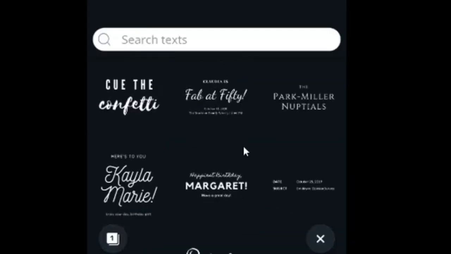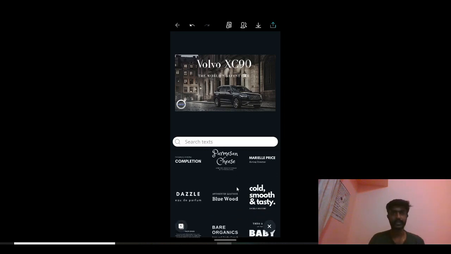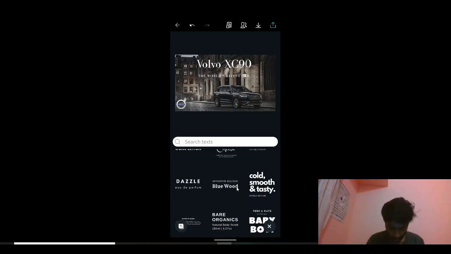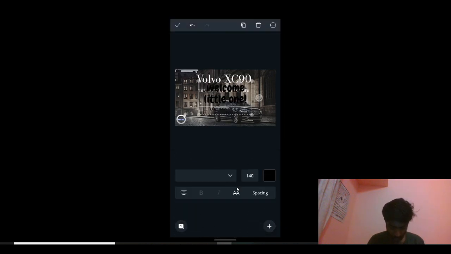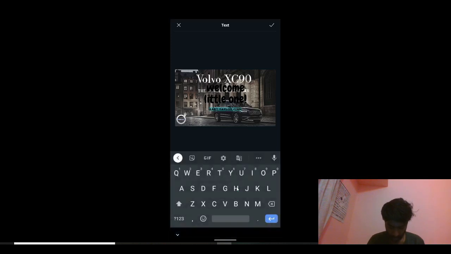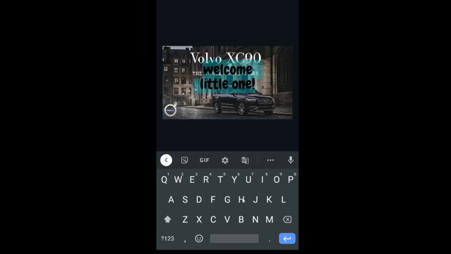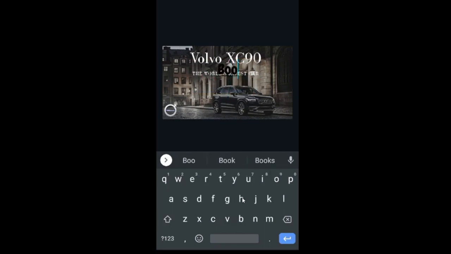For example, I would like to type in something like book yours today. So I'm going to choose something that is related and very much common. So I'm going to use this. I don't want the smaller text below that, so I'm going to use the bigger text. So book yours and then today and an exclamation mark.